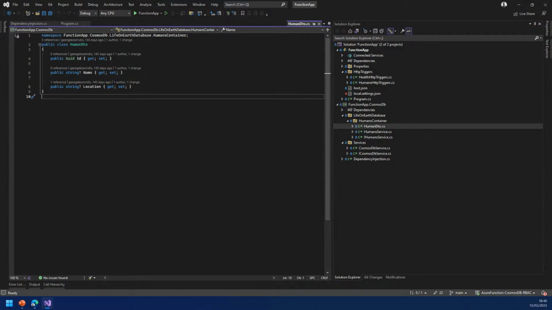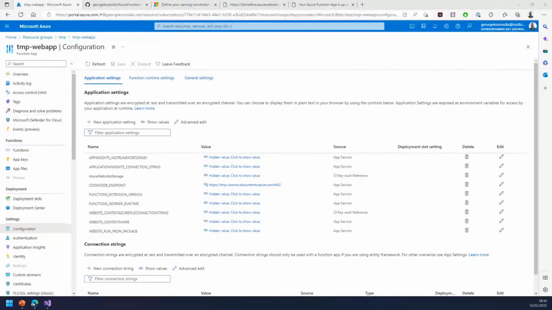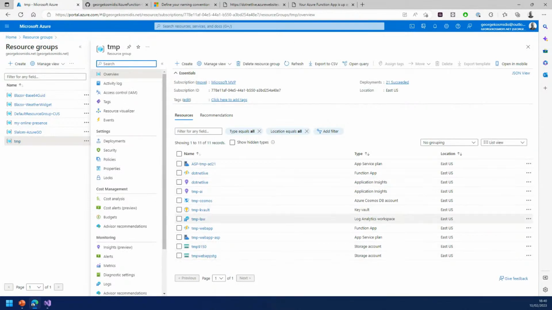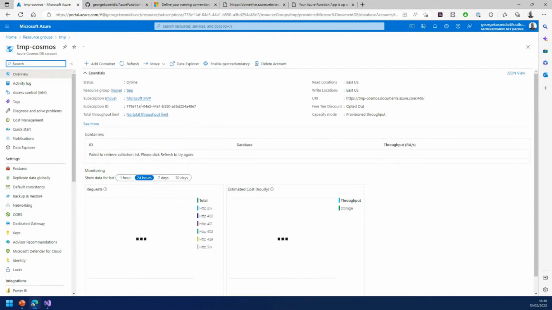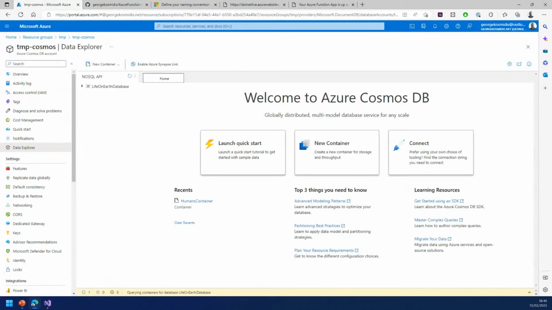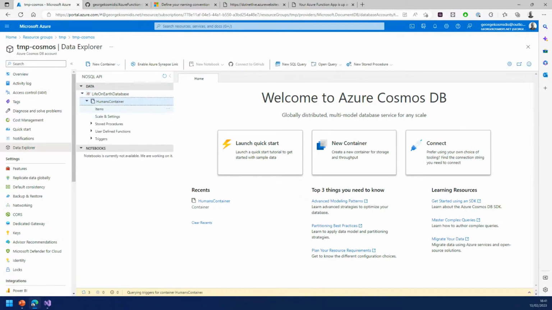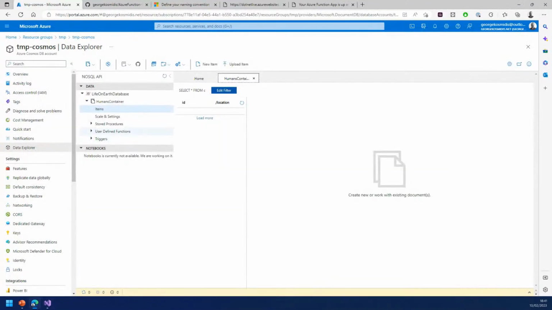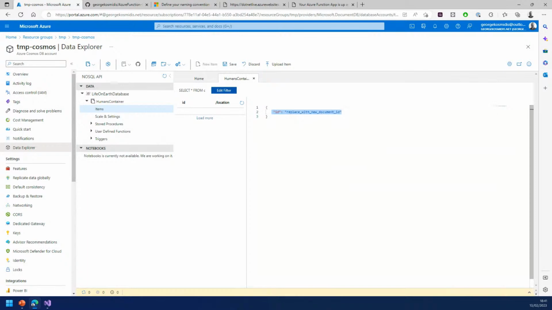So based on that model, what we can do is go back to the CosmosDB. Where was it? TMP CosmosDB. And add some entries, because you can very well deploy it later. So I think, was it location and name? Yeah, location and name. We can add, where was the new entry? A new item. Oh, no, I don't know why I didn't see that. I can delete that one and have name. Yeah, sorry. Name,